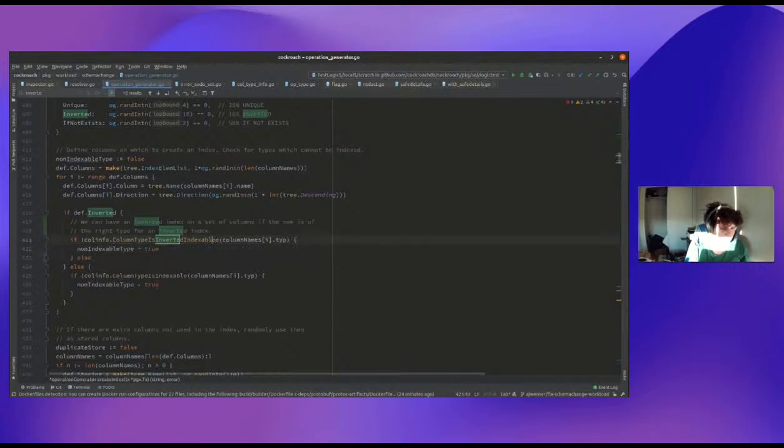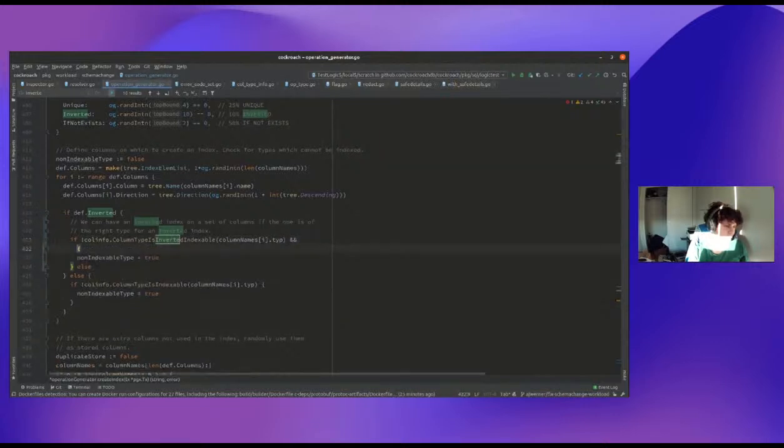So if this and i equals len of def dot column minus 1, then this is true. And otherwise,